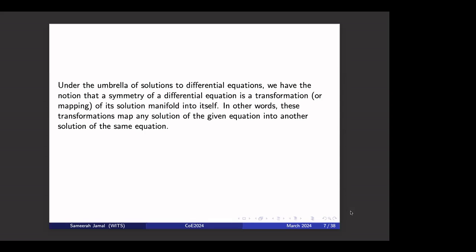And you'll see that a lot of the transformations that I mentioned here today don't necessarily come from a symmetry. So there are other transformations that exist without symmetries. However, there is a strong interplay between the two.